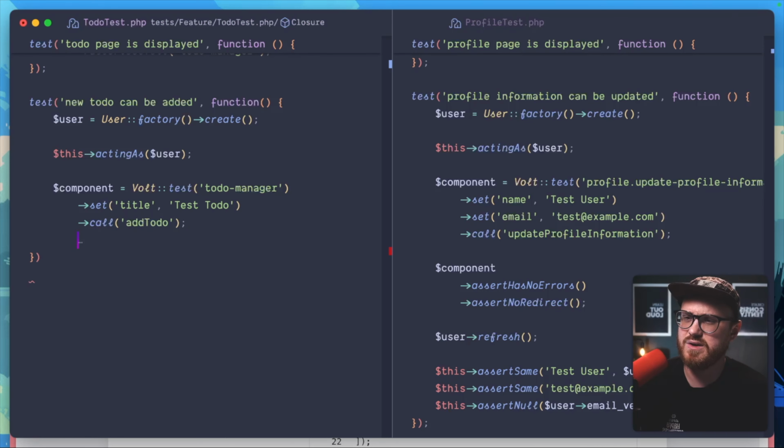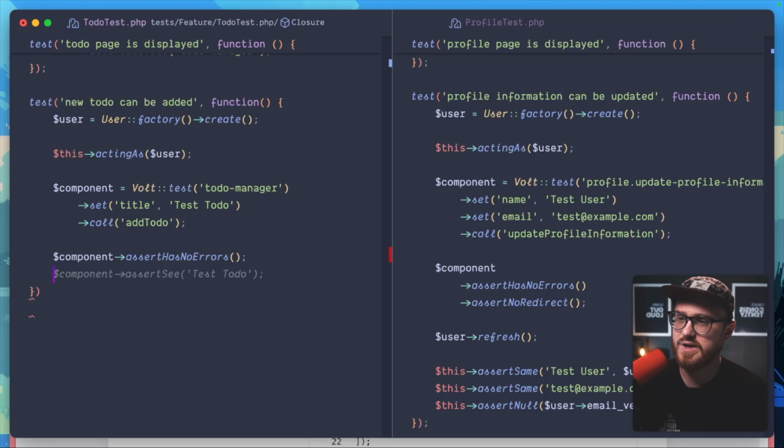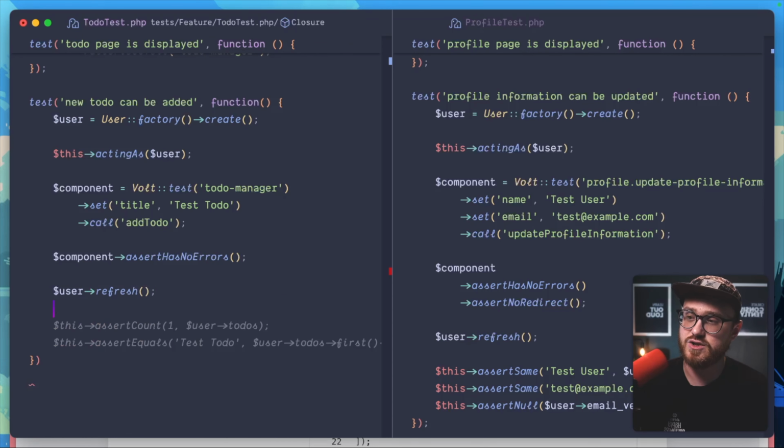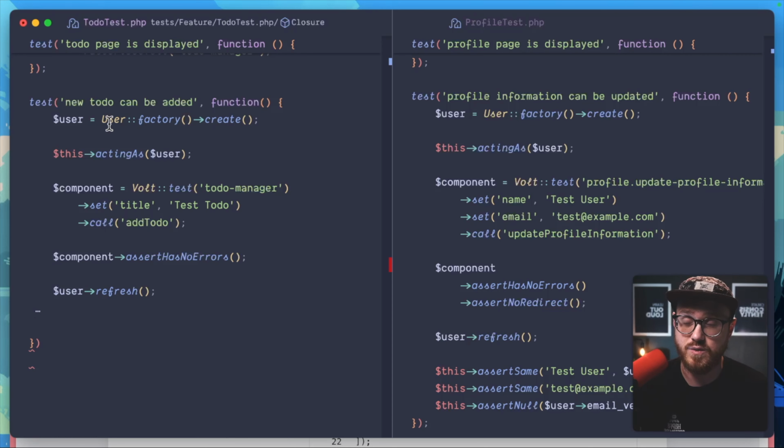So what we can do here is, yeah, let's make sure there's no errors in the component, and then maybe we can call to do equals user fresh to do first. Then we can check if, yeah, first we want to refresh the user, and then we can see if the user has a new to do,